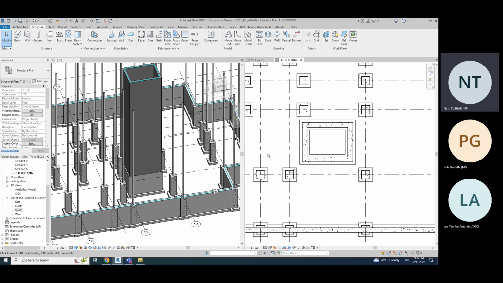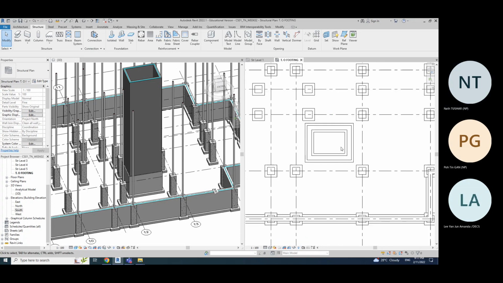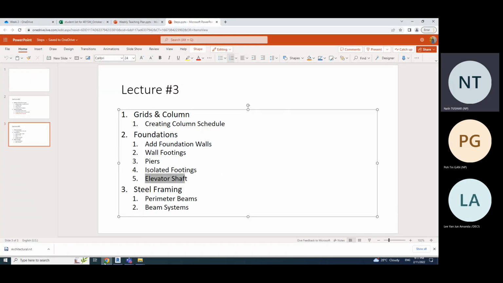But it will be different. So what I'm teaching, just refer to the MSC's video. Should get what you need. Okay, can I move on, please? All right. Okay, so what we have done so far: isolated footing, shaft. I think one more thing we need to do for our shaft is